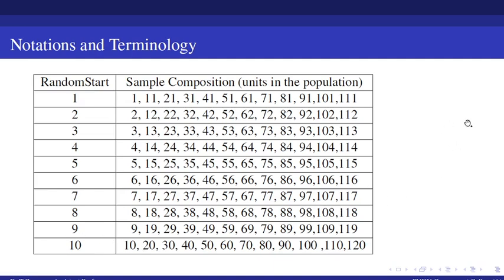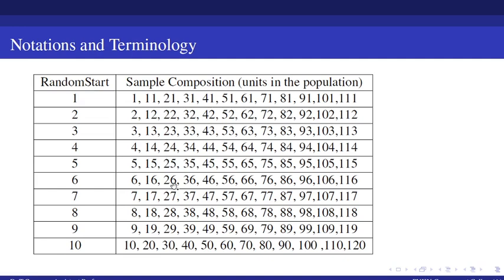Here, systematic sampling is very simple. Just by selecting one number, the remaining numbers we can get just by adding the interval. It is very much useful for forest surveys. Here, systematic sampling is more or less similar to stratified random sampling. A systematic sample is a stratified sample with 1 unit per stratum.